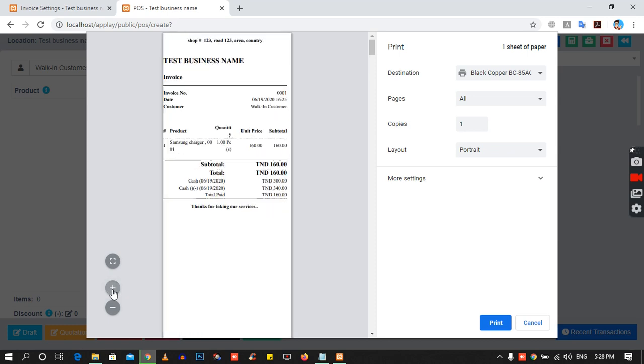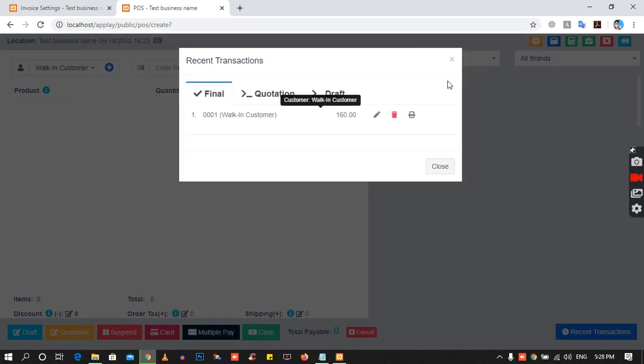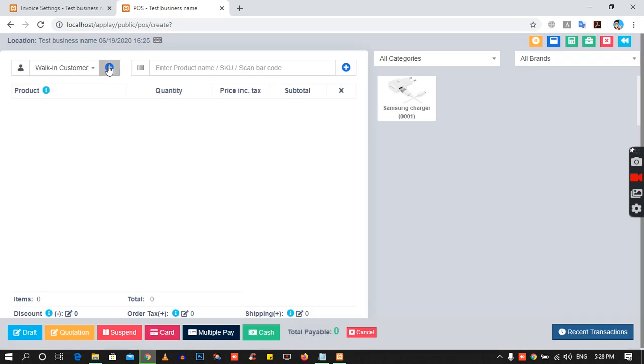Yes, now it is looking correct. It is looking very fine. We can also upload our logo in the software. You can also add your customer details here, and a product. For example, if you don't have a product and you didn't add your product, you can also add your product on the front screen.